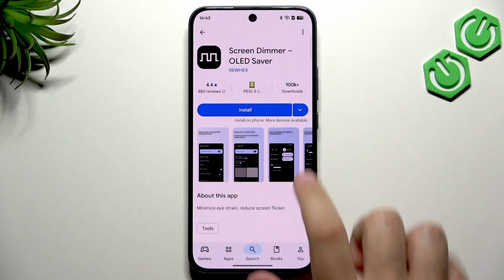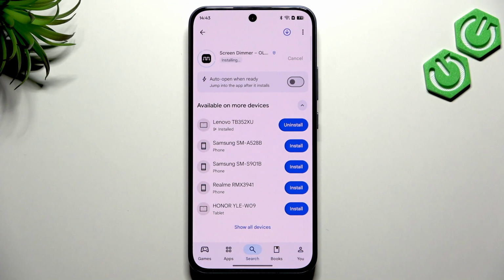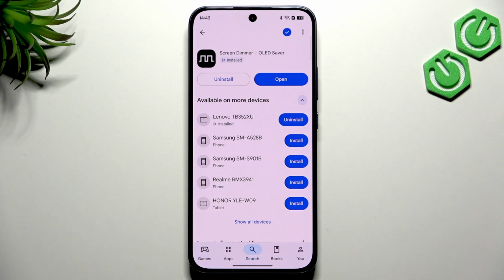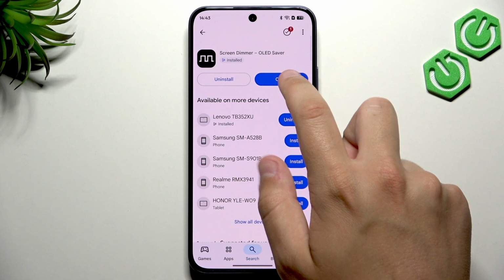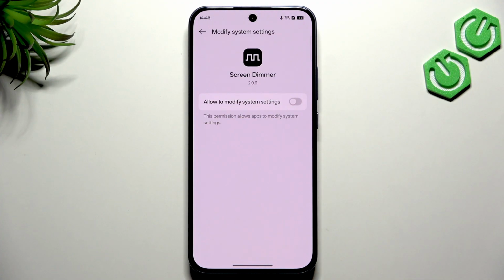This is the app made by Ruhex. It has a black and white picture. Now this app is very good. It's only 1.5 megabytes and it's working like a charm. So let's open up the app, and here the first option to modify system settings so the app can control